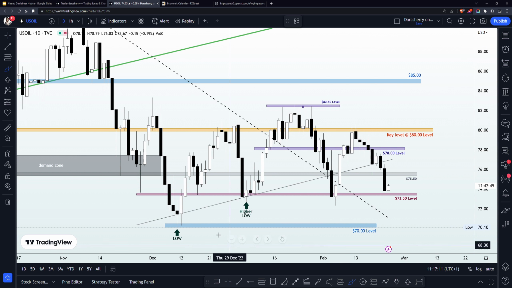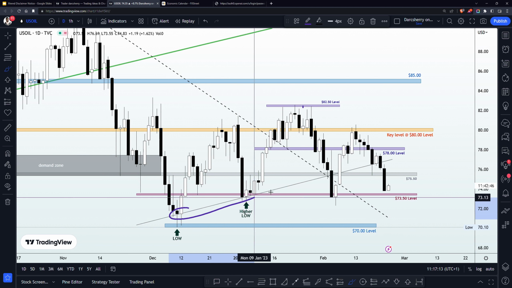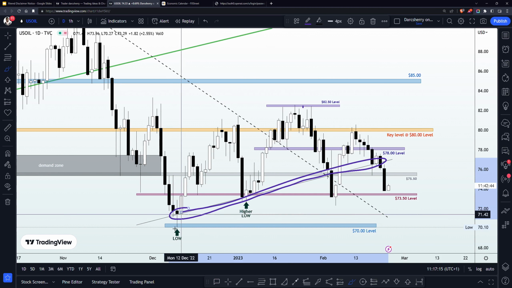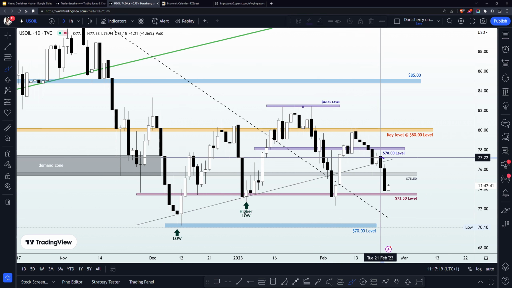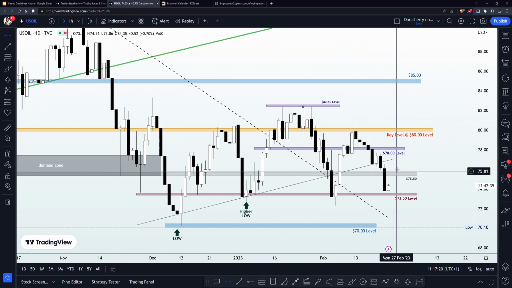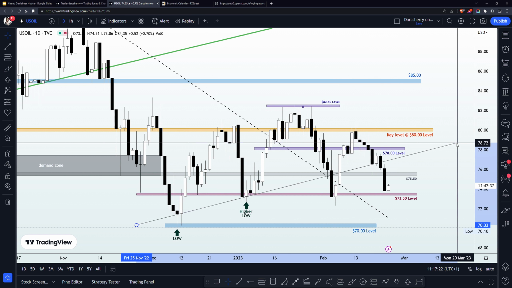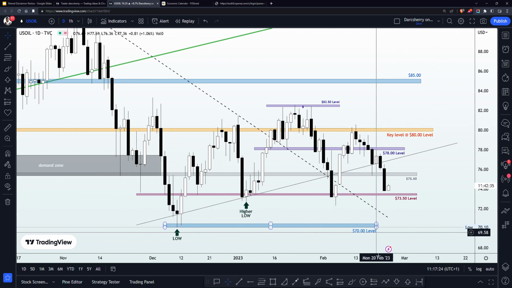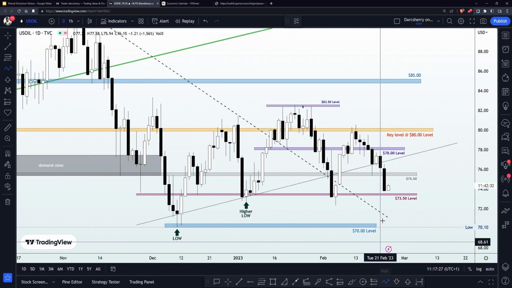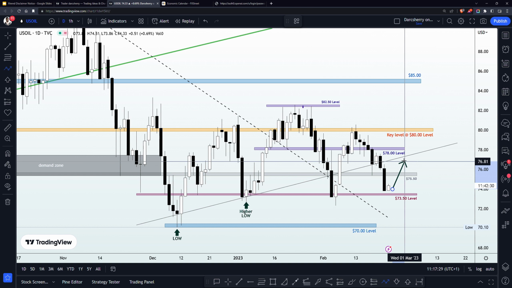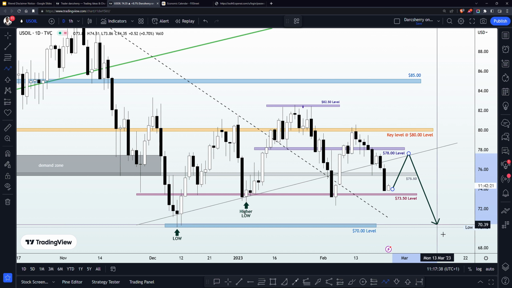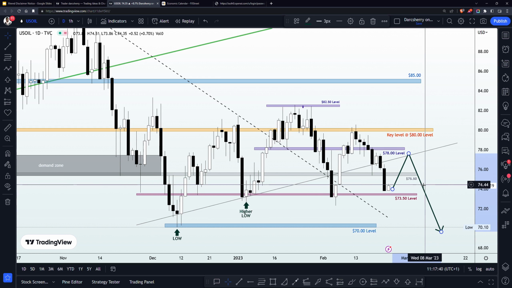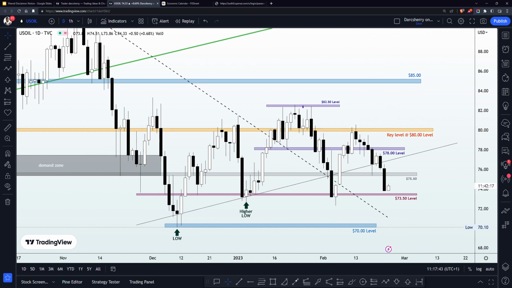Another thing about this current structure is this bullish trend line that has been supporting bullish momentum for like 3 months now, which was broken a couple of days ago. And if we extend this bullish trend line into the future, we could still see a situation where price might likely come into retesting either the $75.50 level or the bullish trend line here, which shares a confluence with that $78 level, to incite another bearish move. So these are the things we are going to be looking forward to for today.